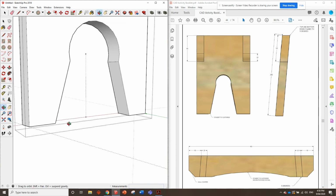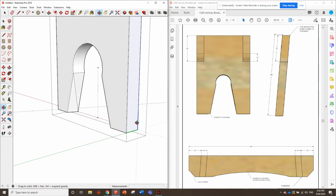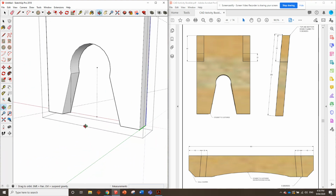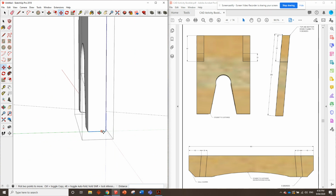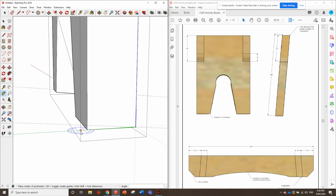Okay, because the other way I was going to suggest is we could exit this component and make a new, oh, did that make that a bit funny? No, that's okay. Yeah, we could make a new component of like a little triangle and push it through that piece and then subtract it with the solid tools that we've used before, but this way it actually works a little bit easier. So we go with the protractor from here to here, up 5 degrees,